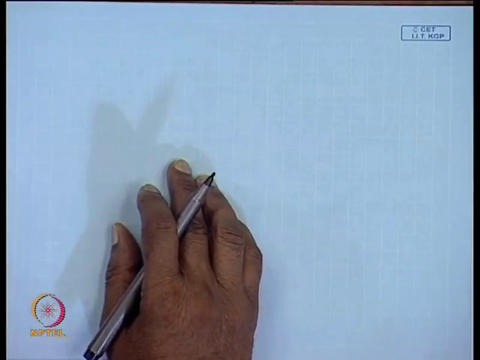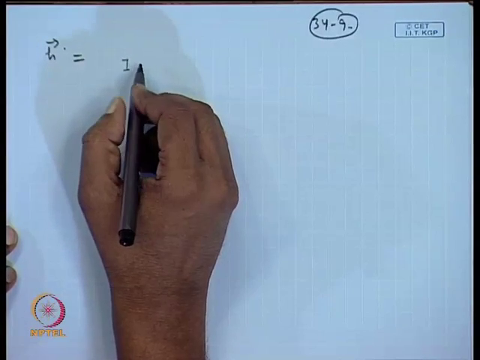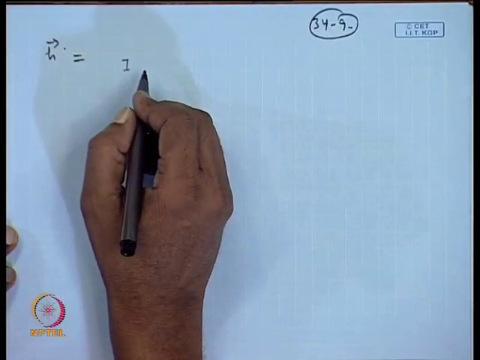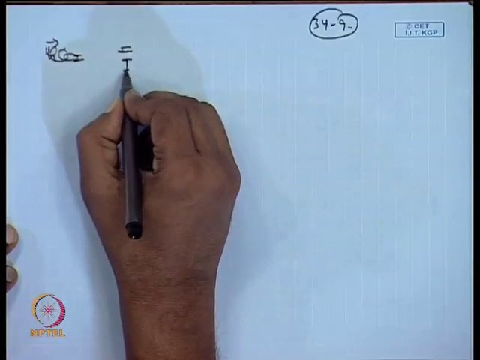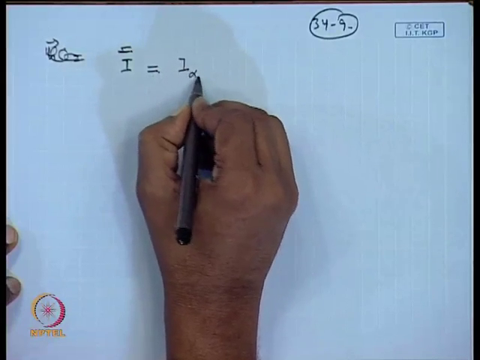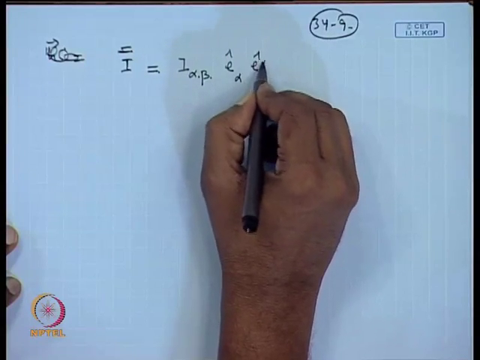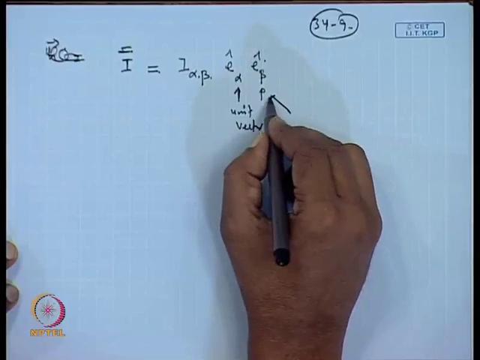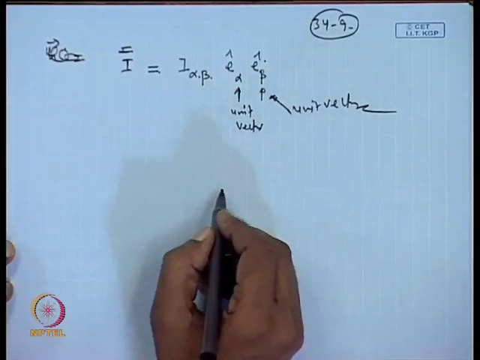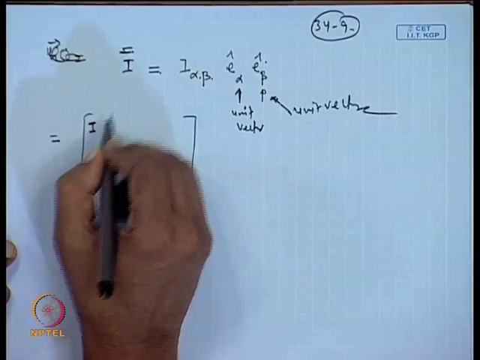Okay, once we have done this, this H can be expanded and written in a format. Let us first write the inertia dyadic further. First we will do this and then we will come to the expansion of H. So, this can be written as I alpha beta times E alpha cap E beta cap, where E alpha cap and E beta cap are the unit vectors. Basically, this is written in tensor notation. So, this inertia dyadic can be written as